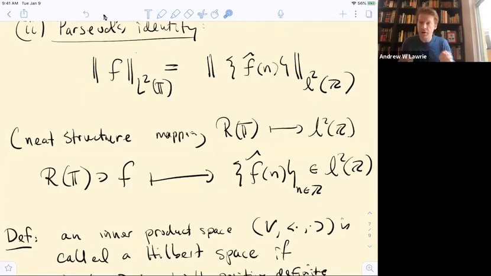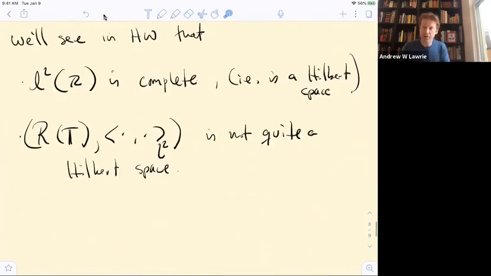So our goal in developing measure theory and the Lebesgue integral will be to make this mapping here what's called a unitary isomorphism. So we're going to try and find the right domain for this mapping. So that's a preview to come, and this question motivated the development of the Lebesgue integral. For now, though, I can show you by means of an example, or you'll flesh out in your homework by means of an example, why this is not complete.